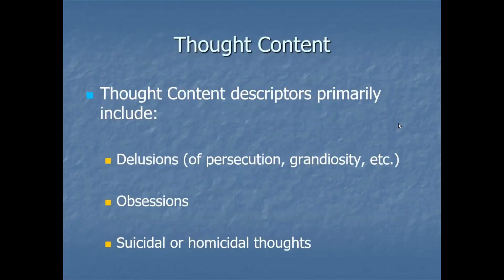Let's kind of go back for a second. When we talk about obsessions, we are looking at essentially, do they ruminate on different things? Do they consistently think about the same thing over and over again? You try to switch to a different topic and they come back to whatever it is that they're kind of ruminating on. That would be an obsession. When we talk about suicidal or homicidal thoughts, this is part of preoccupation. And when we think about this preoccupation, it could be something that is more overt or not as overt. So it might be a little bit more implicit, but it's really important for us to be able to